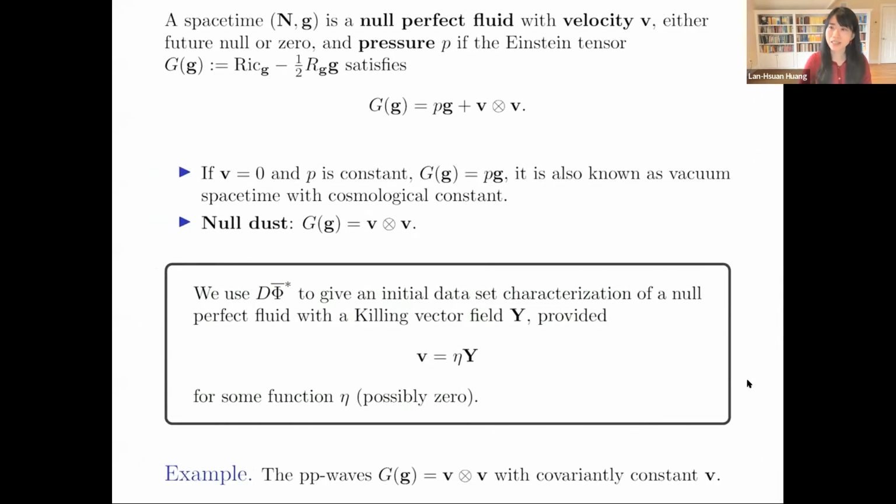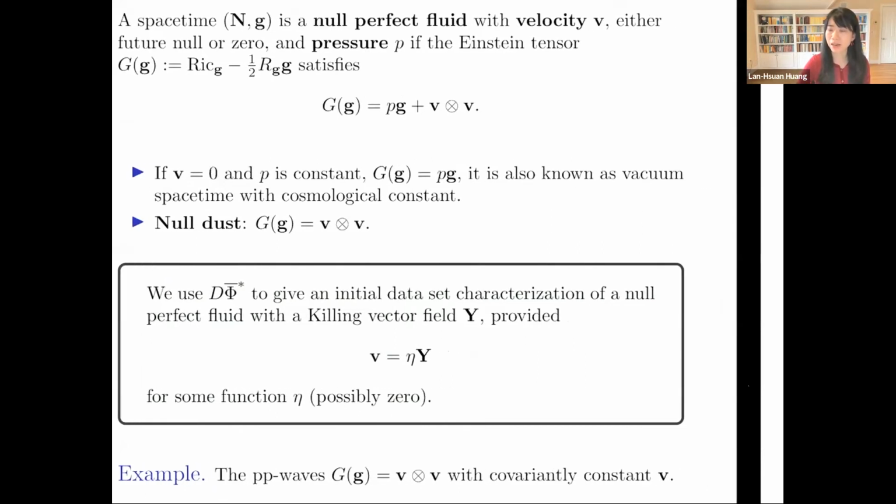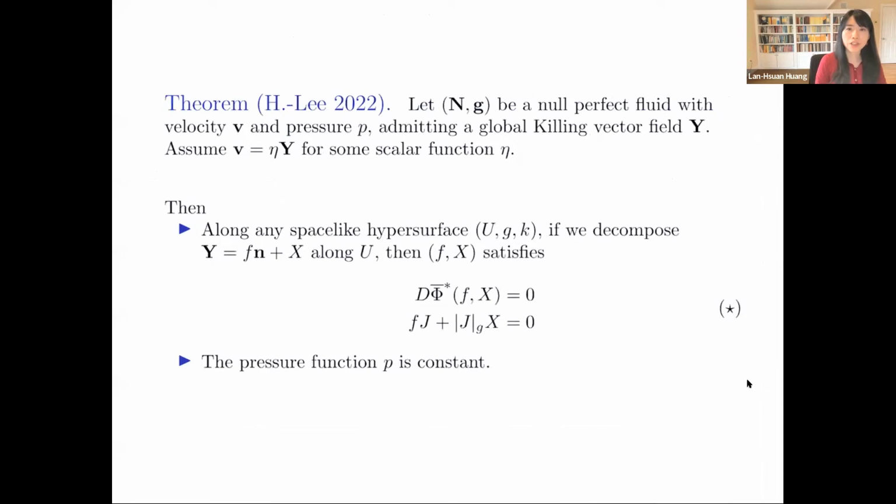In the following slides, I will give you a characterization really analogous to Moncrief's result we mentioned earlier. First, if we are given a non-perfect fluid with velocity V and pressure P, and assume there's a global Killing vector field Y, and V and Y are related by a function eta, then what can we conclude? We say that for any space-like hypersurface inside, so for any initial data set,